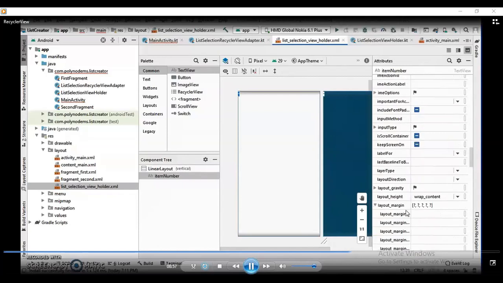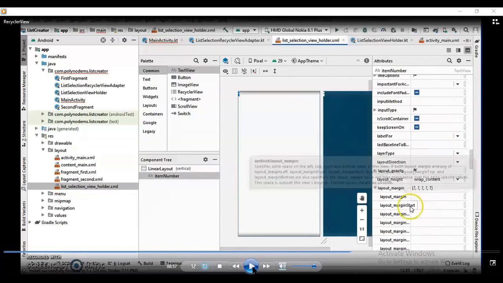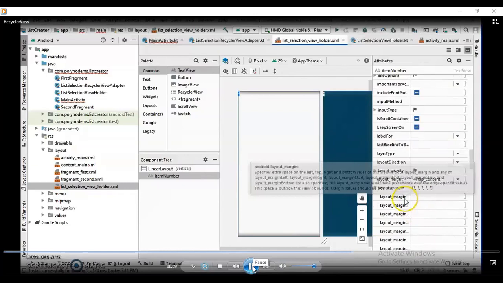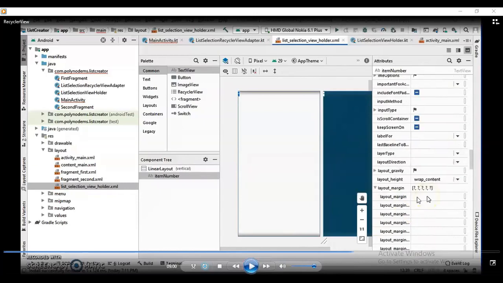So inside that layout margin option, you can see different options. The first option is for all margins, and the remaining options are start margin, top margin.